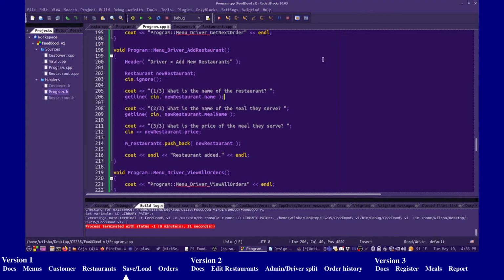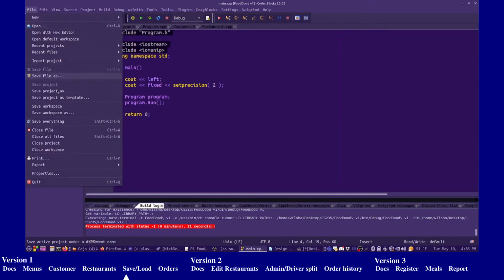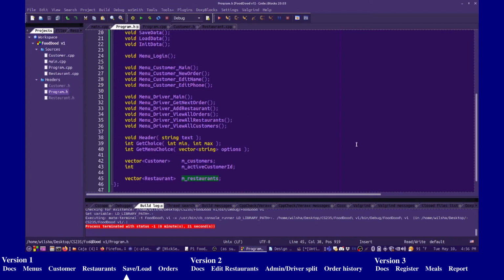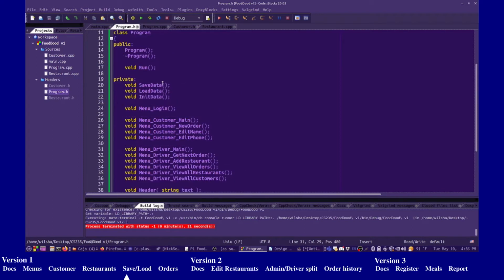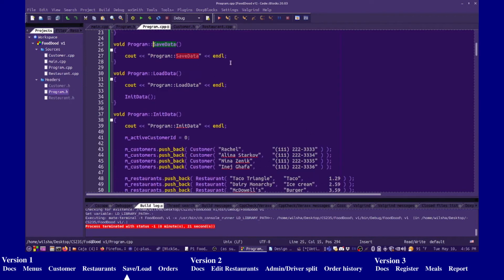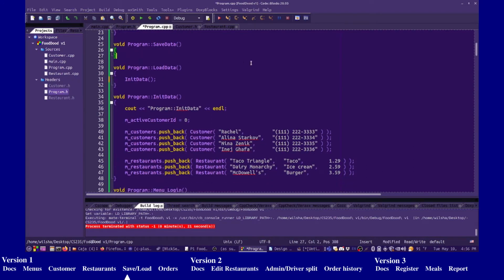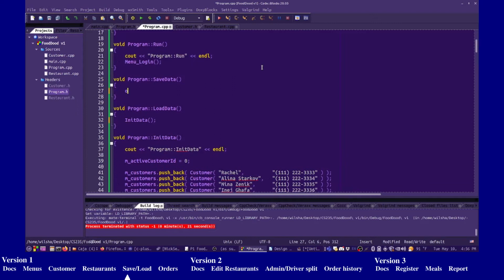So with the data, we're going to need to have a specific way things are formatted, and we'll use that format to help us save and load the data. So first off, let's do save data. We don't really need this anymore. So for save data, let's do output file stream output. I'll open up, let's do,